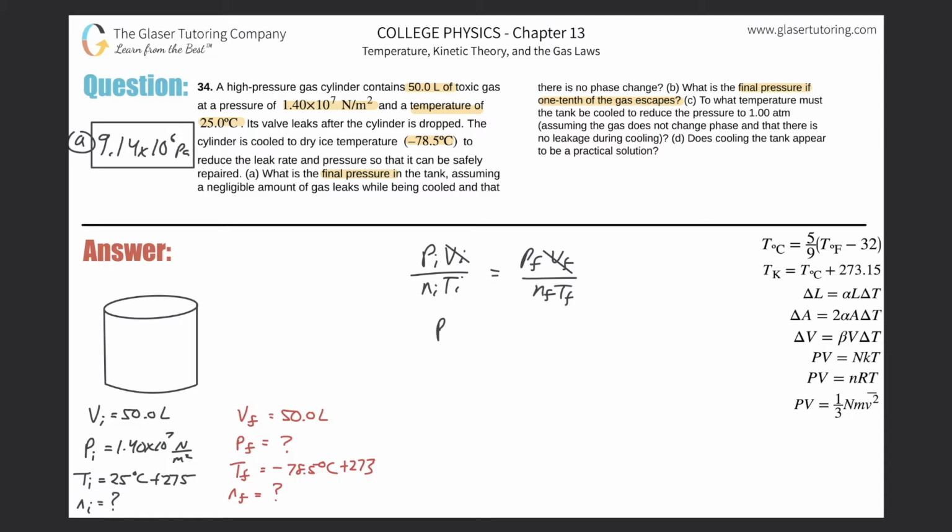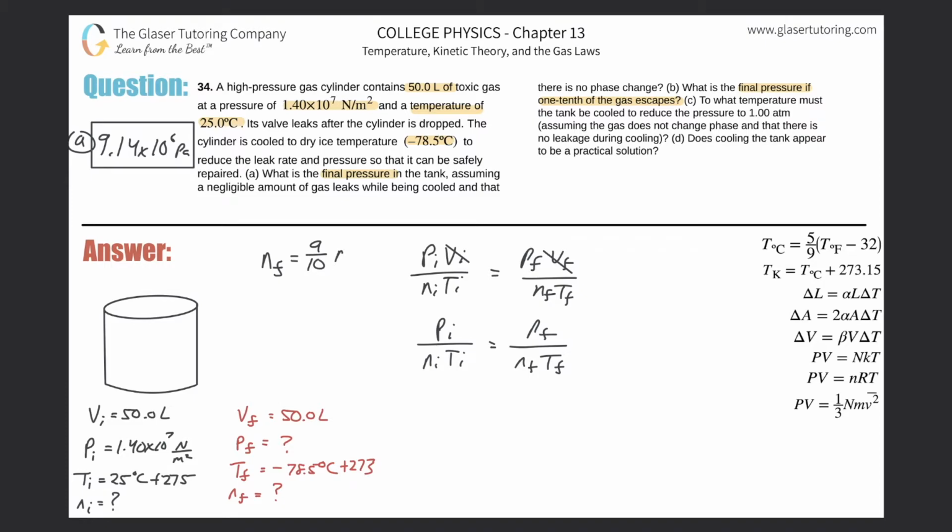So now what we're left with is Pi over Ni times Ti is equal to Pf over Nf times Tf. Now they say, what is the final pressure? So I need to find the final pressure if 1/10 of the gas escapes. What I realized though is I don't know the initial moles and I don't know the final moles. Actually, I could calculate it if I wanted, and that could help me calculate the final. But I'm just going to create a ratio, and the units and the letters will cancel. You'll see. So basically, I can say here that the final mole value will be equal to